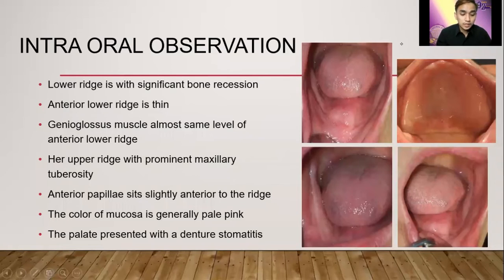As we go now to the intraoral observation, there's significant bone recession in her lower ridge. The anterior lower ridge is thin. As you can see in the first photo, the genioglossus muscle is almost at the same level as the anterior lower ridge. Her upper ridge has a prominent maxillary tuberosity. The anterior papillae sit slightly anterior to the ridge. The color of the mucosa is generally pink, and the palate presented